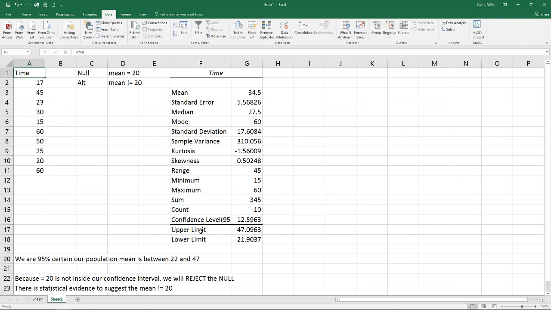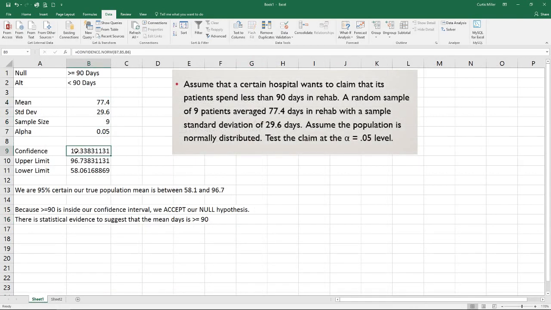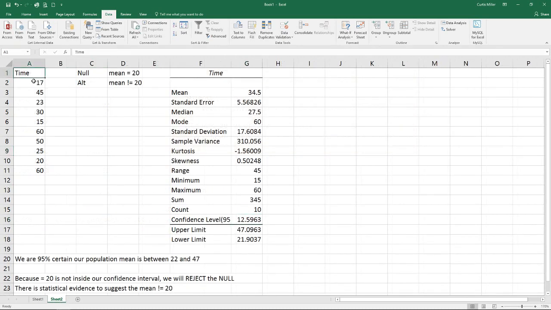So that's really all we have there as well. So again, it really all comes down to being able to calculate this confidence level. Here we use a confidence formula on our first example because we had our summary data and we were able to calculate that. However, if we have our detailed data, we can simply use our descriptive statistics from our data analysis toolpack and get all those summary level data for us and then calculate our upper and lower limits. There we compare our null hypothesis to see if it falls inside or outside of our confidence interval. If it falls inside, we will accept our null hypothesis, and if it falls outside, we will reject the null